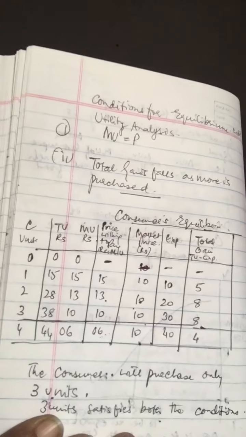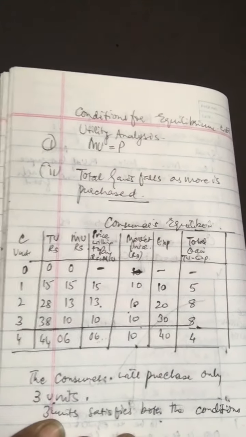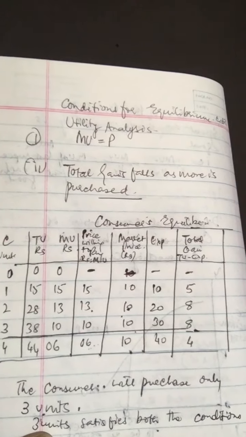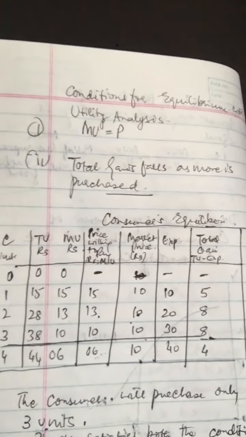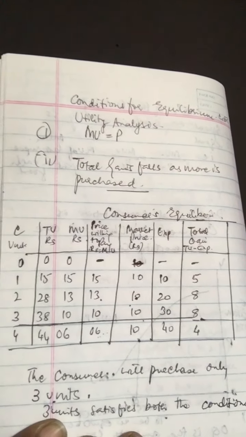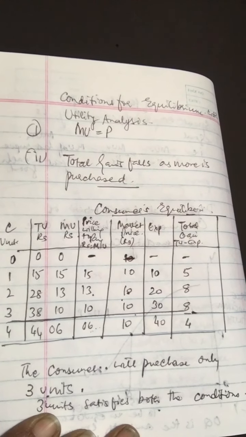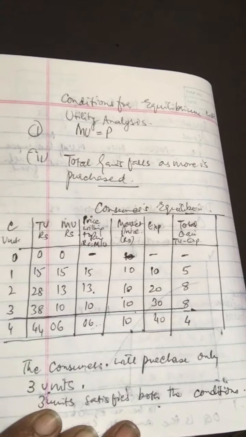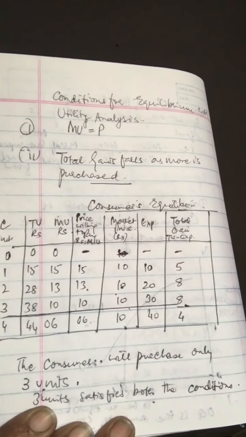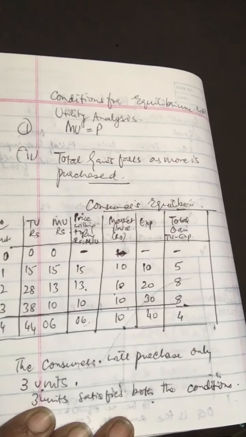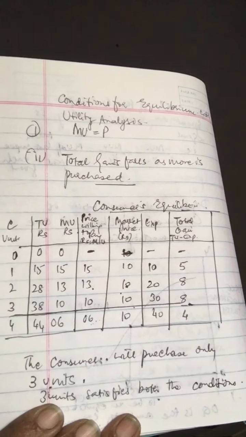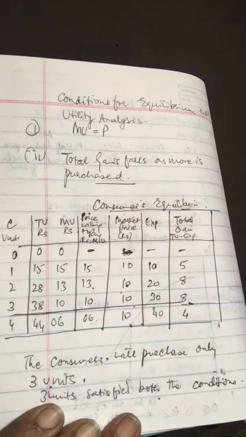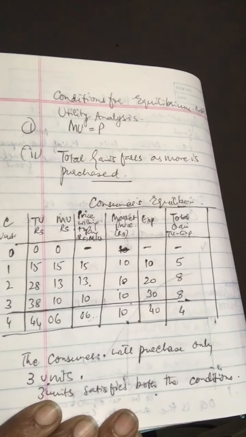Now let us even consider, will he buy the next unit? Let us take the next unit. Now will he buy the fourth unit? Utility of this unit is 6 utils, that is rupees 6. He will not buy the fourth unit because utility is less than the price. It is not worth buying the fourth unit. The consumer will restrict his purchase only to 3 units because the price is much more. He is willing to pay only 6 and the market price is 10. So why will he do that?